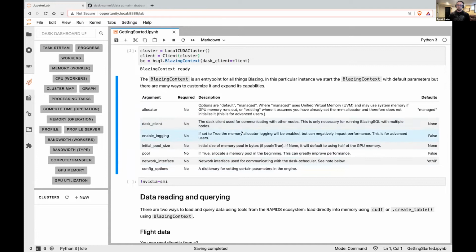Enable logging is probably less important. This is more for if you try to debug something. Initial pool size and pool: this is another kind of performance switch that allows you to specify the initial allocation of your GPU memory. If you set pool to true (by default it's false),